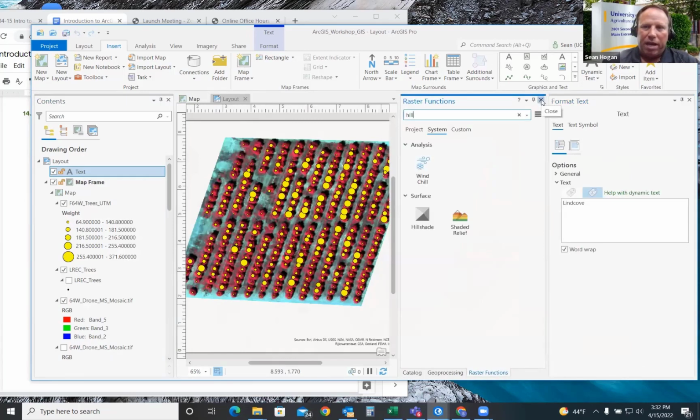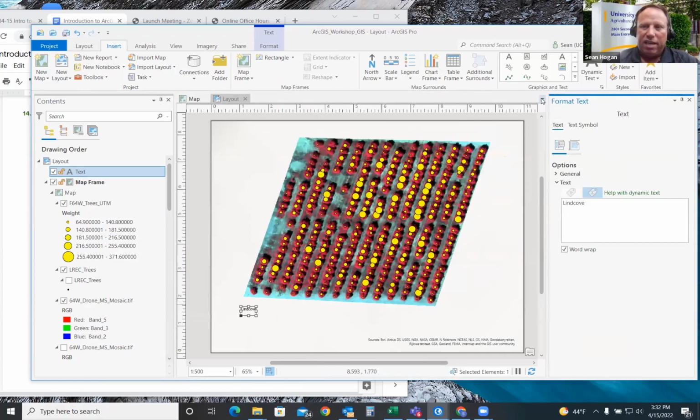It includes the symbology panes here and the raster functions, taking up too much real estate. So again, I went to text in the drawing order under layout view. This is where we can get at the properties that pop up on the right side in a pane. Here it will be a little easier to adjust the title. So we have Lynn Cove Research and Extension Center. Good.